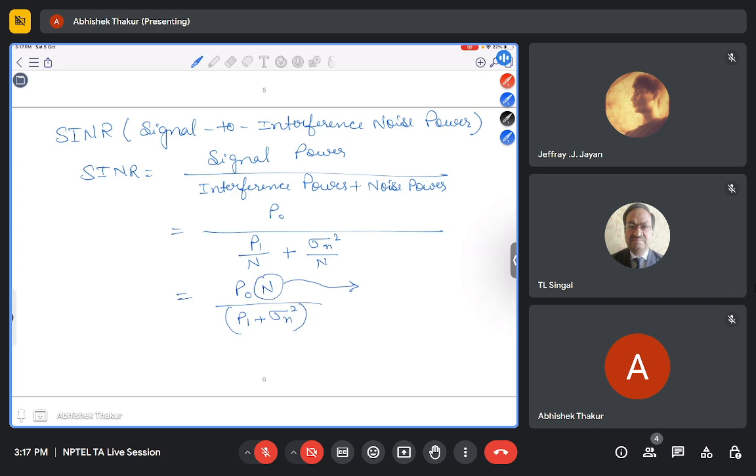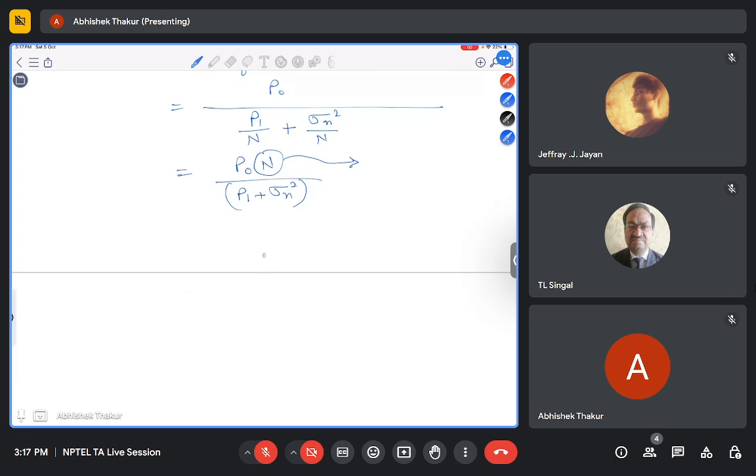So this n came into the numerator, and the SNR is improved by the factor of n. So this is the formula for SINR. We'll solve some questions, and also